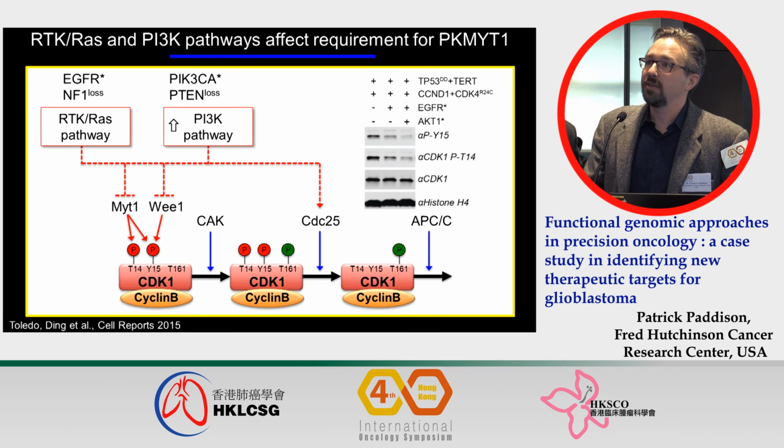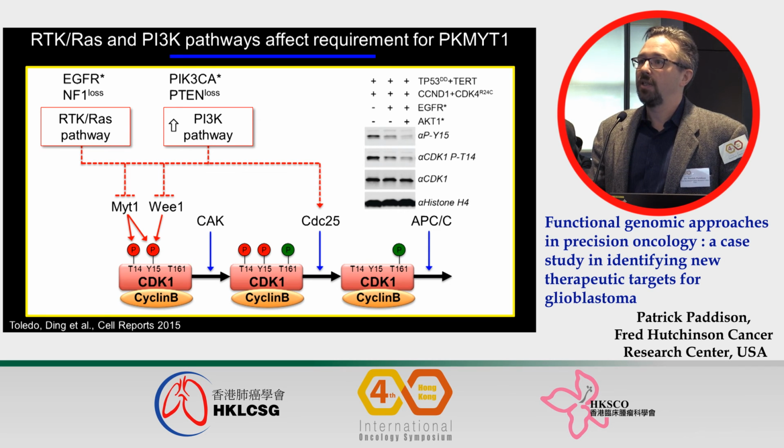But to make a somewhat long story short, what we were able to show is that MYT1 and WEE1 act redundantly to phosphorylate tyrosine 15 in particular on CDK1 as cells are starting to get close to mitosis to help facilitate it. And so when we knock out MYT1 or WEE1, for example, in the cancer cells, they end up piling up